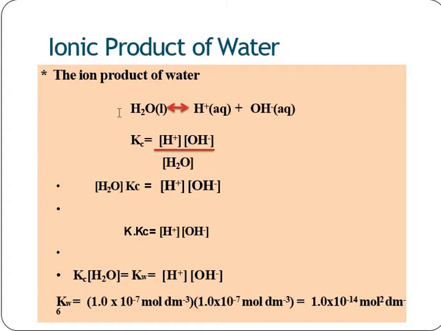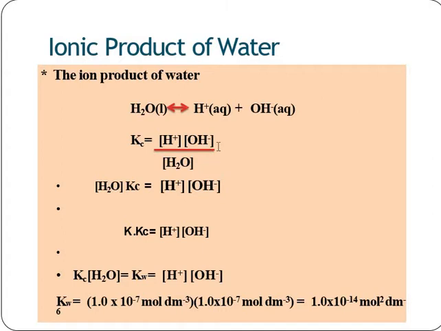Water dissociates into H plus and OH minus ions. By using this equation, we can write the ionization constant or dissociation constant of water. We know dissociation constant is always equal to the concentration of products divided by the concentration of reactants. So we can write Kc is equal to the product of the concentration of H plus ions and the concentration of OH minus